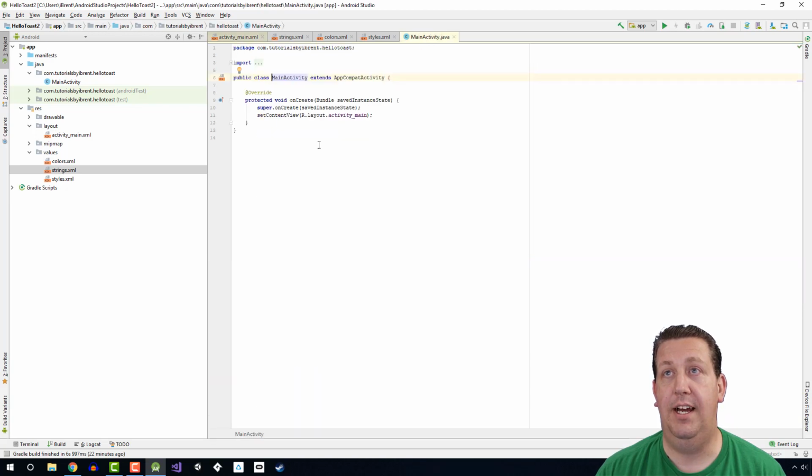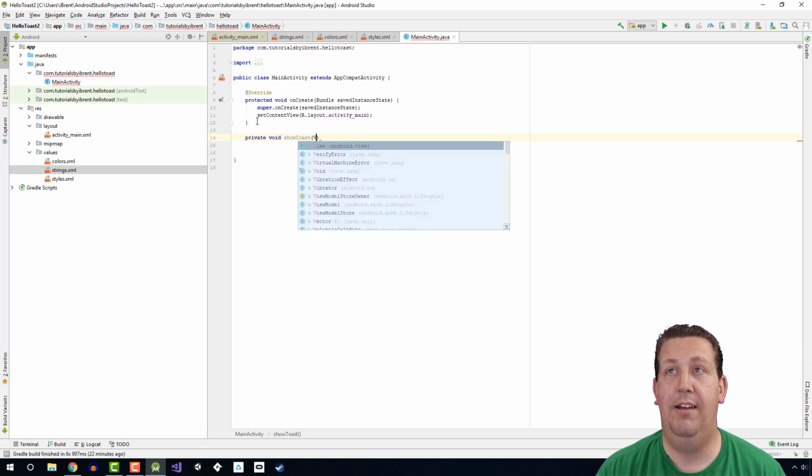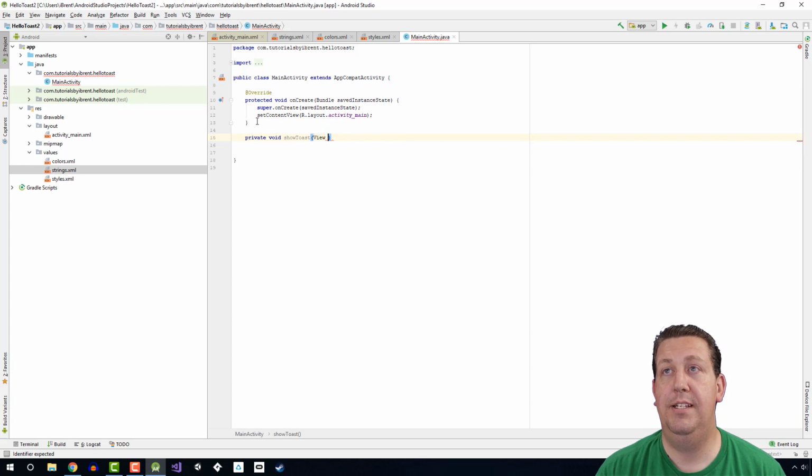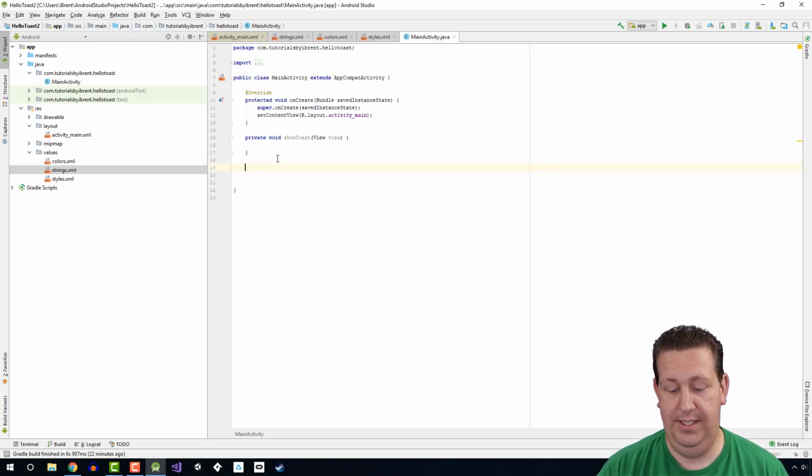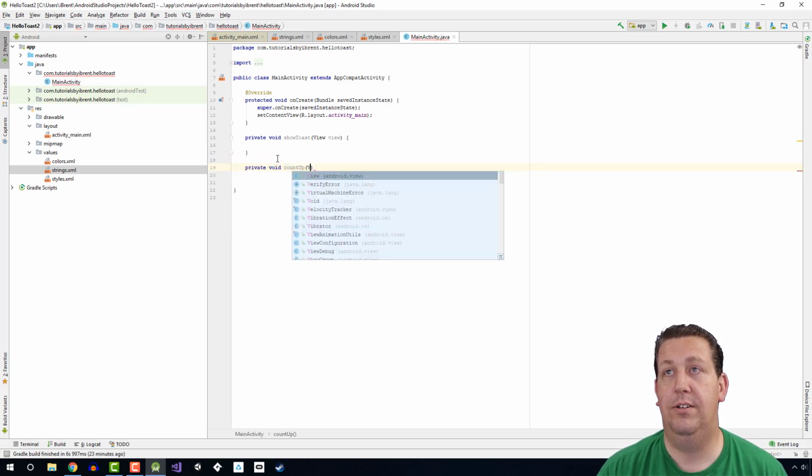Let's go to our MainActivity class, and within the class declaration, right after the onCreate method, go ahead and add a few returns. Let's give ourselves some room. We're going to say private void, and the name of this method, which is showToast, and that's going to accept a View, so capital View and a space, and then lowercase view is the variable we'll reference, and then open curly brace, and it automatically completes. Let's do the same thing. We're going to say private void countUp, which also takes a View,